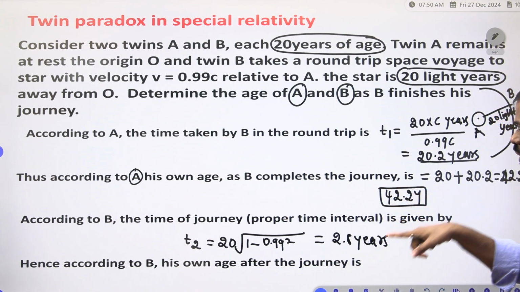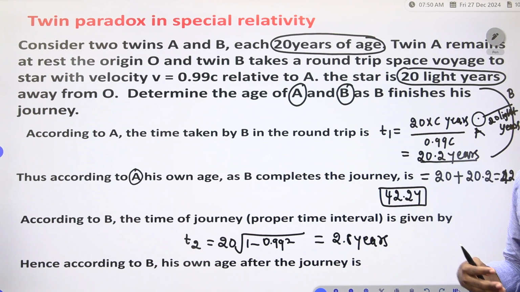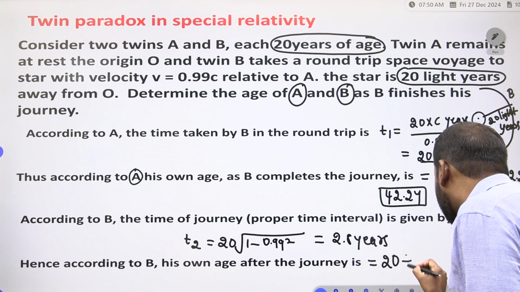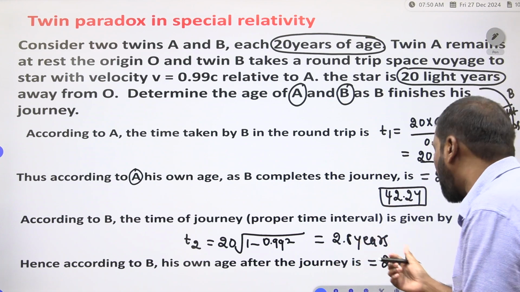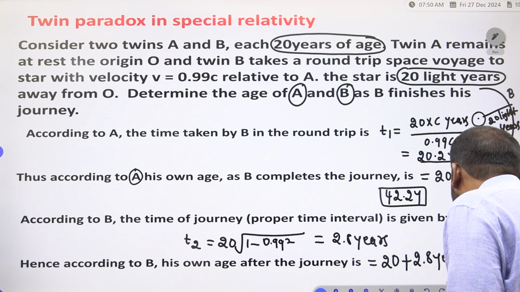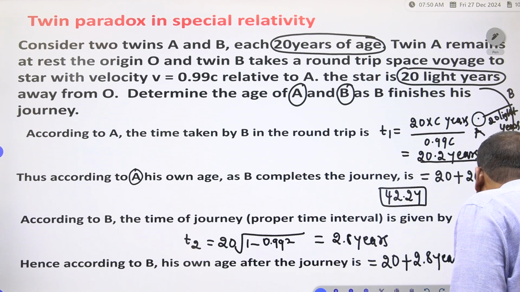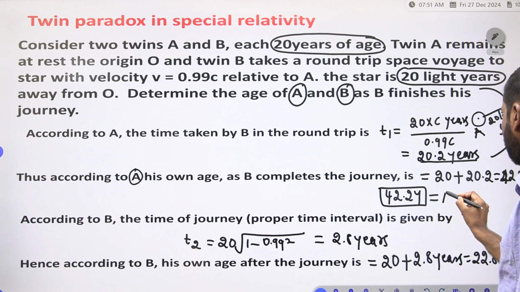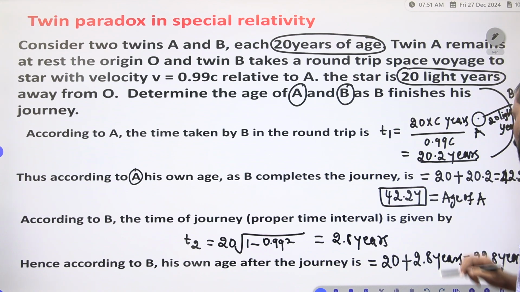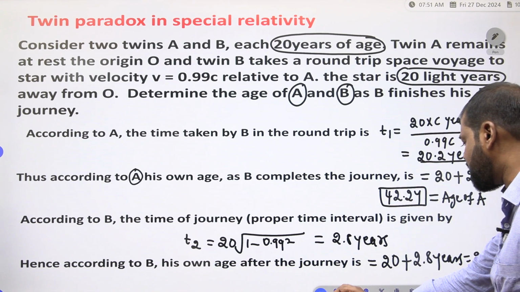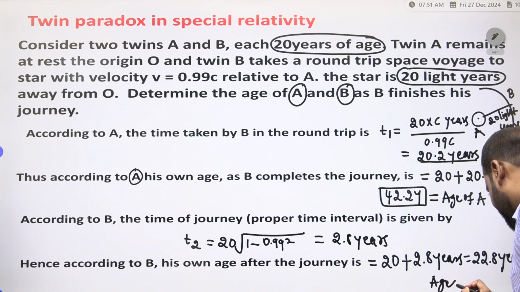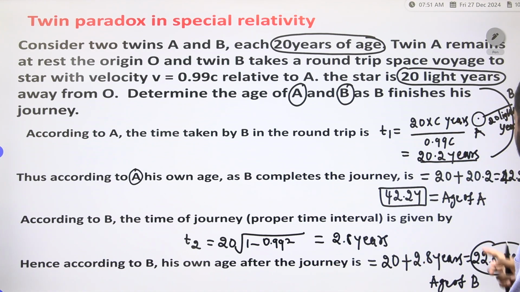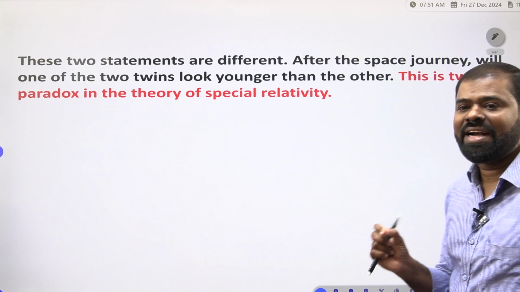Therefore, according to B, his own age after the journey is equal to the first 20 years, plus according to his own proper time 2.8 years. So we are getting the value for B as 22.8 years. The age of A is equal to 42.2 years, and the age of B is equal to 22.8. These ages are different,